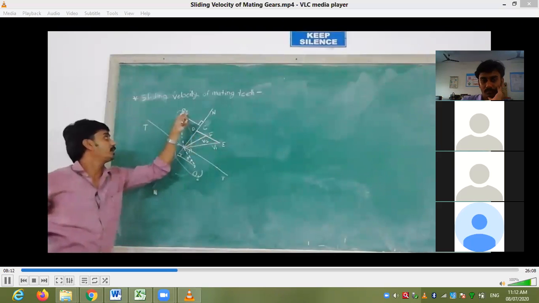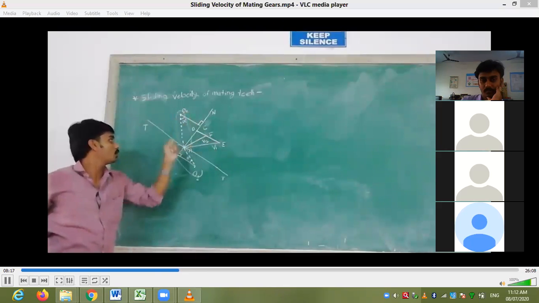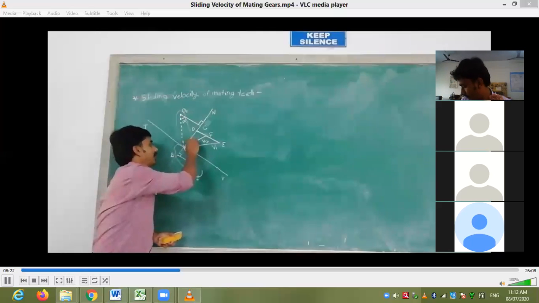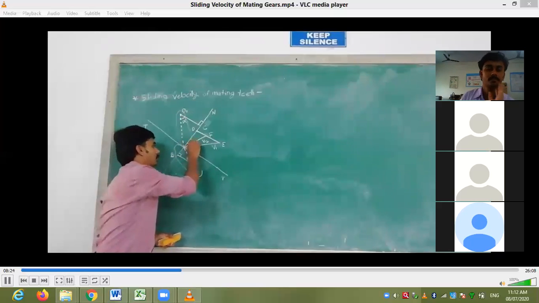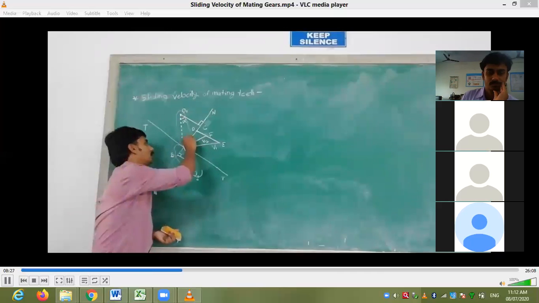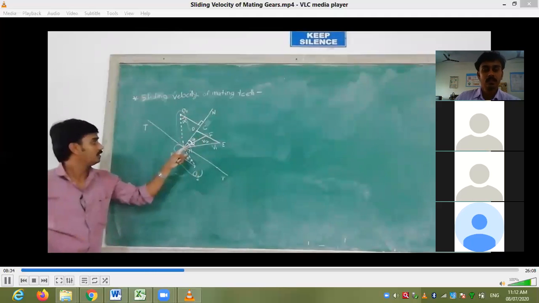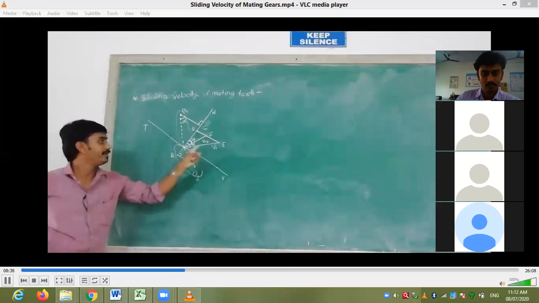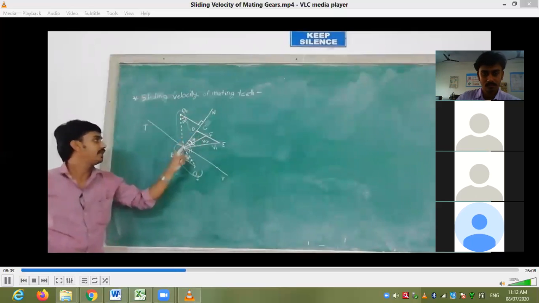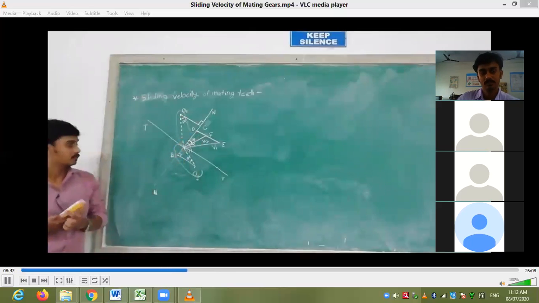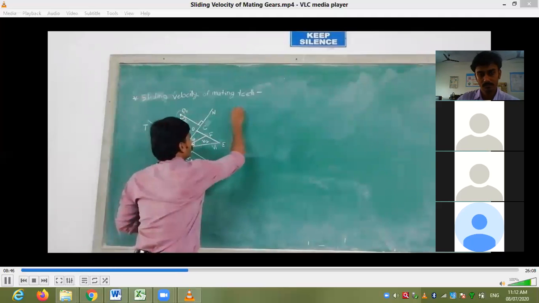Alpha is the angle between O1C and O1A. Then a similar angle is made here, and this is the angle theta. The angle CAE is alpha and angle DAF is theta. Okay. Now we let